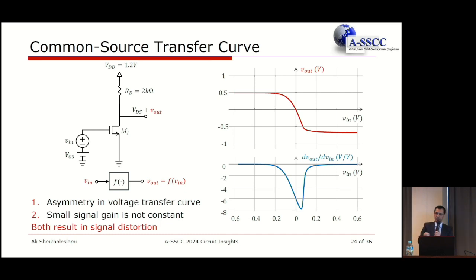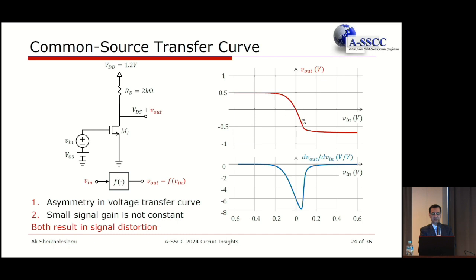The other portion, which is more important, is that you take the derivative of this transfer curve, and that is giving you the small signal gain at every voltage level. And that small signal gain is shown here at the bottom. You can see this is totally non-constant gain across the input signal. So for the input signal at a lower level, you see almost zero gain. Here the derivative is 0. If you go to a very high value, you also get 0.